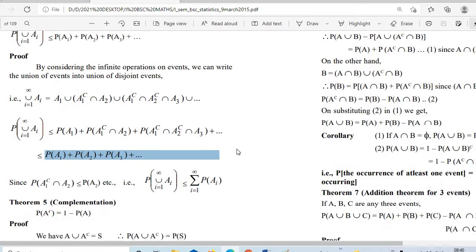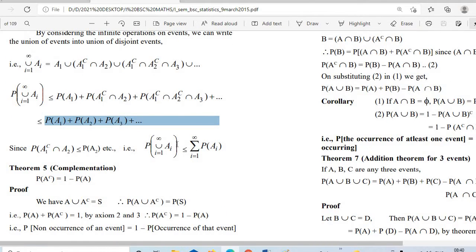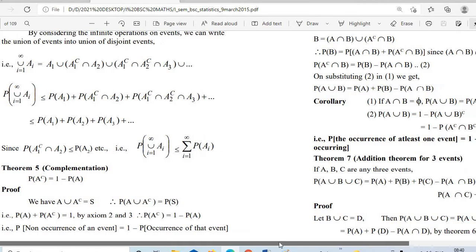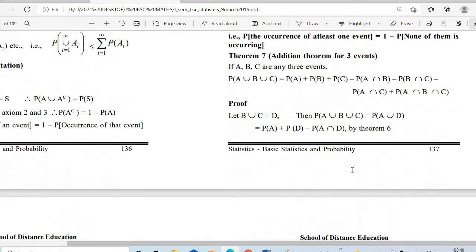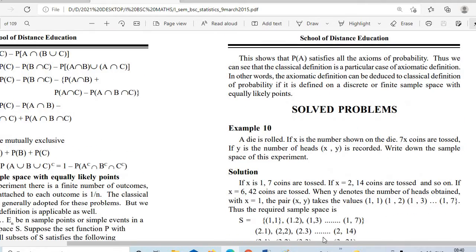So that's the general term. The general expression you can write like this: probability of union i from 1 to infinity A_i is less than or equal to summation i from 1 to infinity P of A_i. Okay, so that is one of the results. Next is